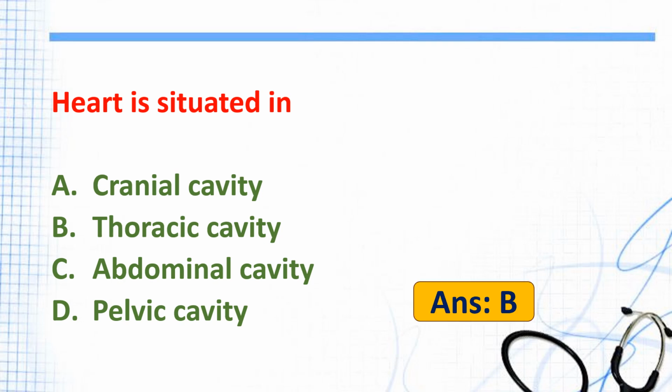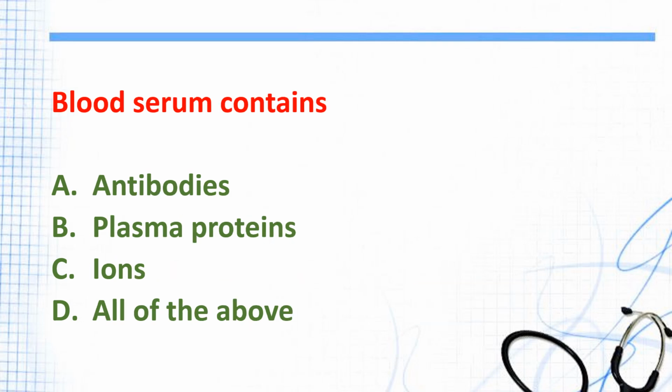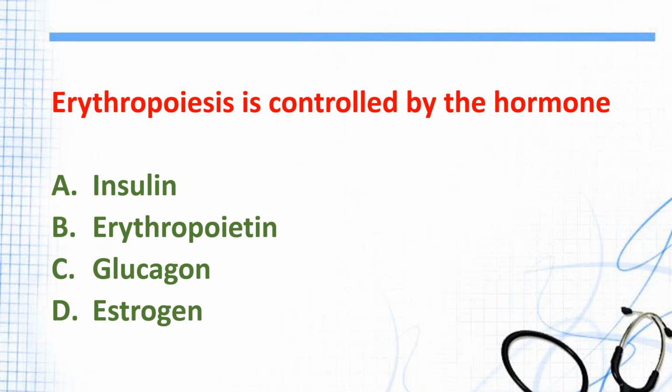B. Thoracic cavity. Blood serum contains A. Antibodies, B. Plasma proteins, C. Ions, D. All of the above. And the answer is B. Plasma proteins. Erythropoiesis is controlled by the hormone A. Insulin, B. Erythropoietin, C. Glucagon, D. Estrogen. And the answer is